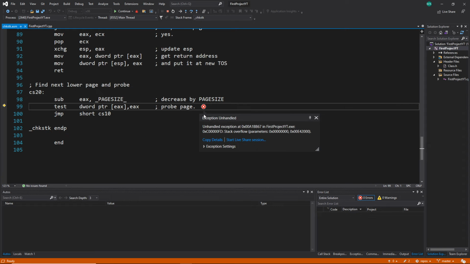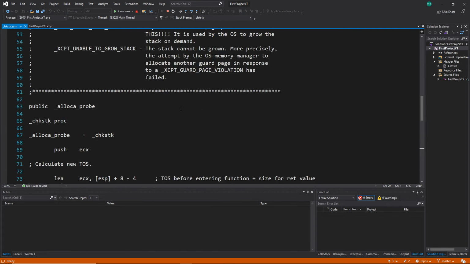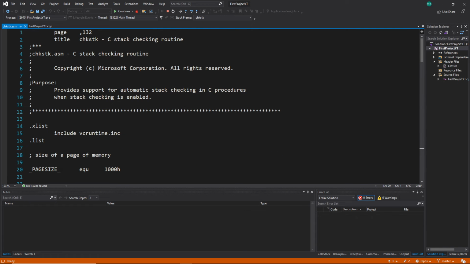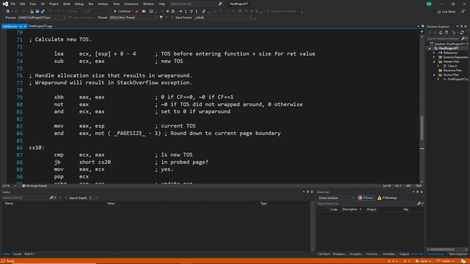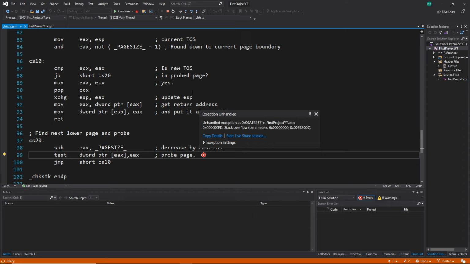Bang! It still did not work, at least not like I wanted. Now we are in a new page. Interesting. Before we were not in a new page, but now we are, and look what it says here. It is a file name called check anything stk, but interesting is this ending here,